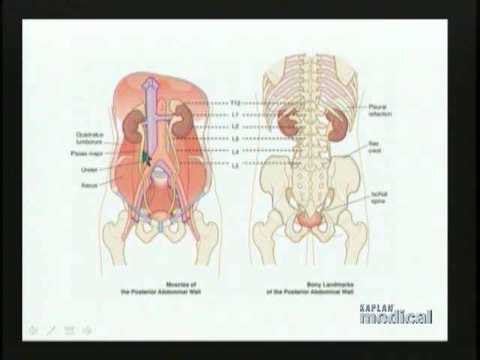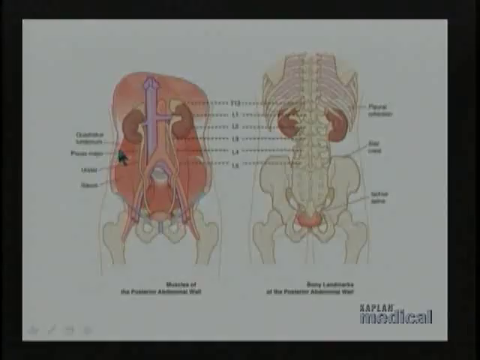The other point to take note of is that as the ureter is descending in the abdomen, it's lying right on the anterior surface of the